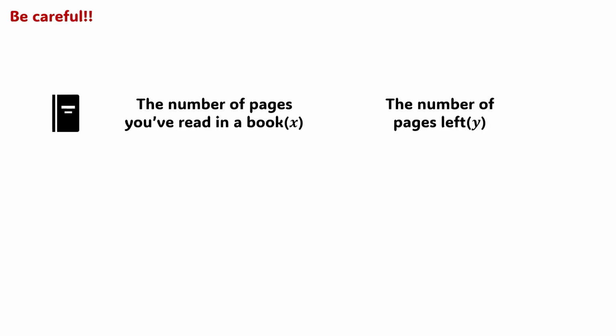But be careful, not everything that looks similar is a direct proportion, like the number of pages you read in a book and the number of pages left. As you read double the pages, the number of pages left doesn't actually double. Or your age and your sister's age. If you're 5 and your sister is 2, when you become 10, your sister won't suddenly be 4. They both increase, but not proportionally in the y equals ax sense.